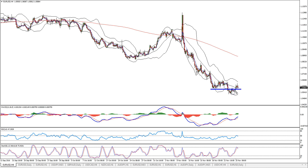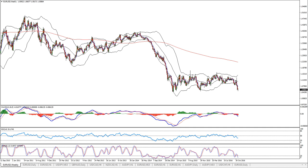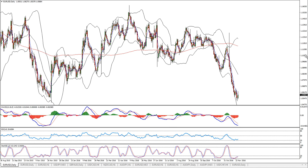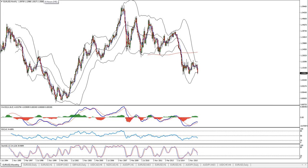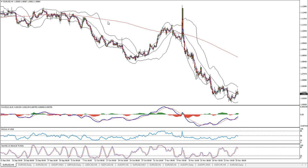The second scenario for the euro dollar is that we had one false break here. We might get one more false break here and start to move inside this kind of a range, which after we might get another push down. But first of all, why do we look at all for a push down? Because we don't have any divergence, not on a daily chart, not on a weekly chart, not on a monthly chart yet. So basically, sell rallies was and will remain our plan for the long run. And on the short run, we will be looking to buy these rallies, but